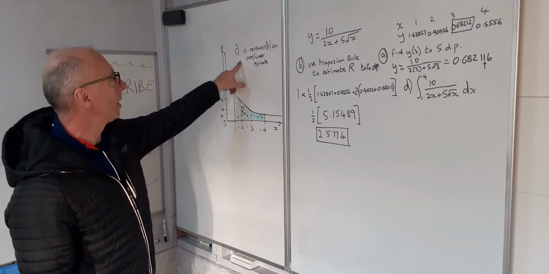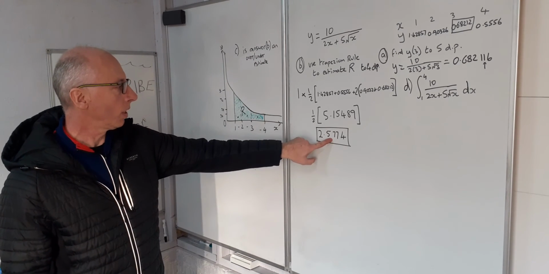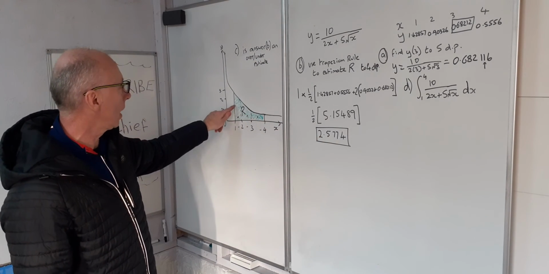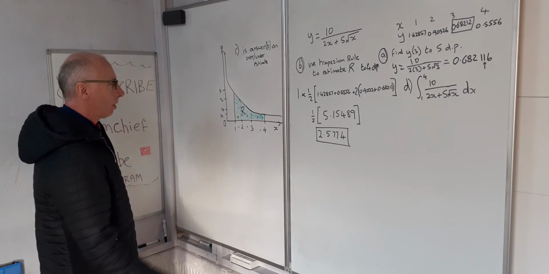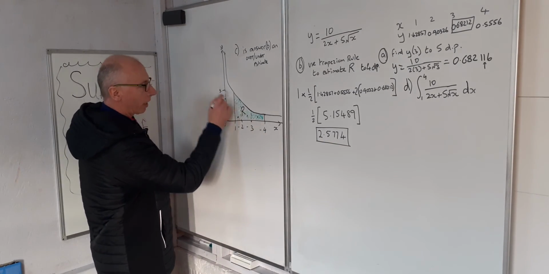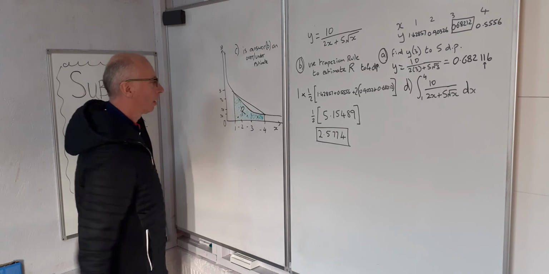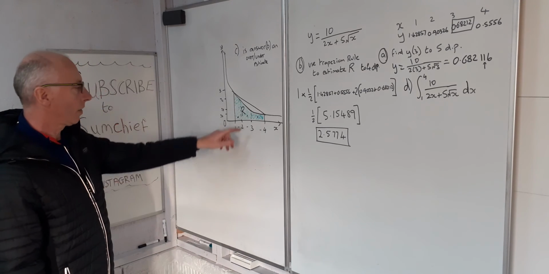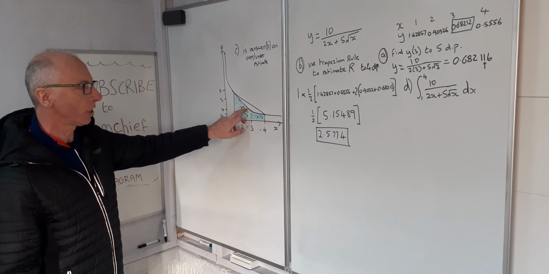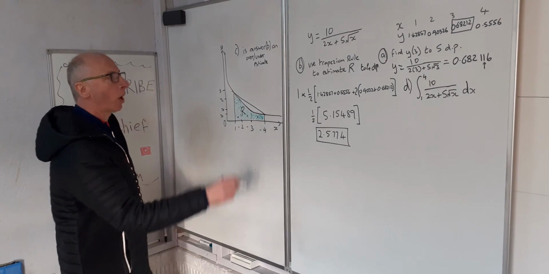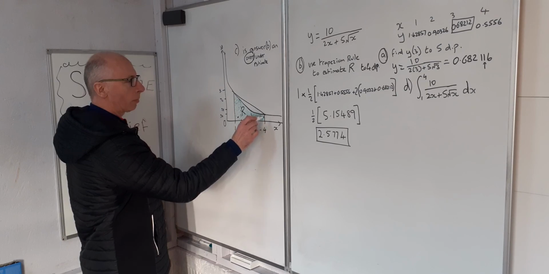Now we're looking for C. Is answer B an over or underestimate? So this 2.5774, the area for that, do you think it's above that or less than that? So what we've done is basically we've straight lined all of this here. So we've basically gone like this. So therefore this area here is going to be bigger than the green shaded area. So therefore it means we've overestimated. So as long as you just draw that line and explain the reason why,